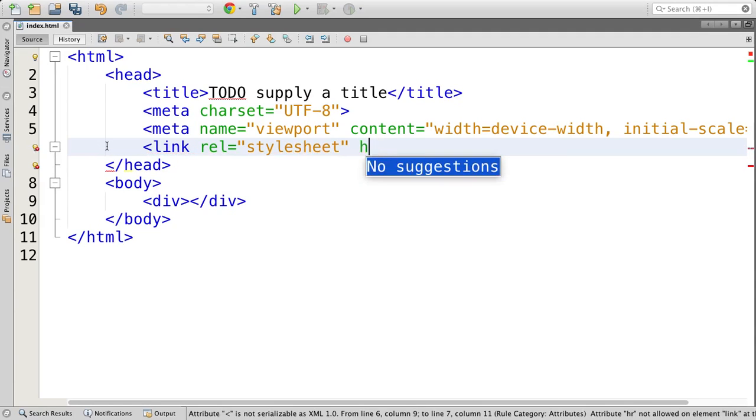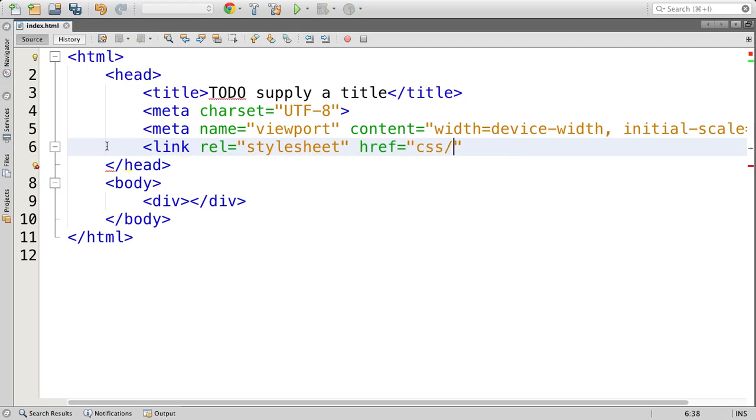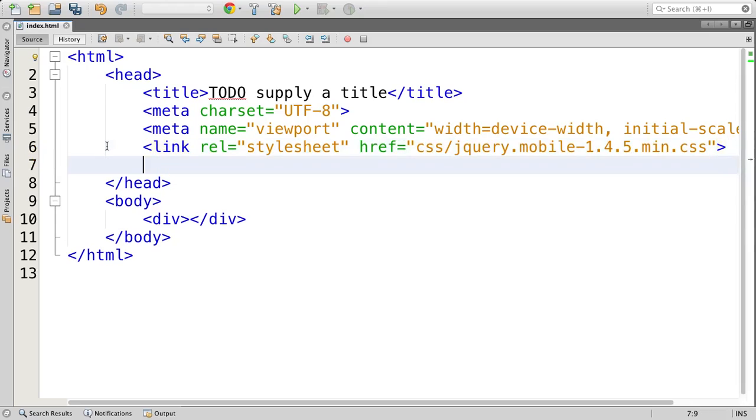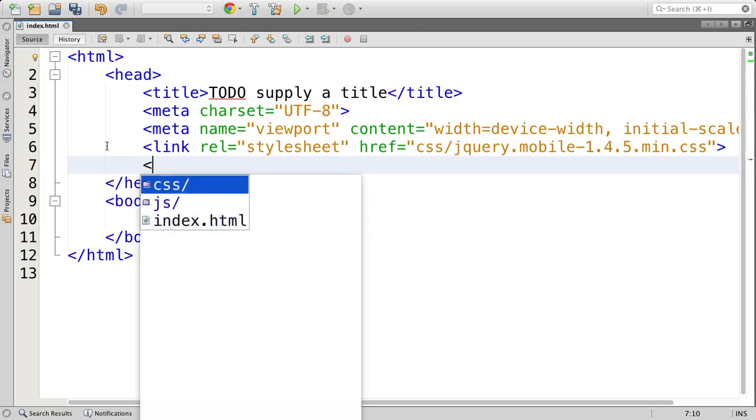It should be href. I hope you know how to call an external style sheet. If not, you may just note it down. This is how you can call the external style sheet. We usually wrote the style in the page itself, this time an external style sheet. And call your